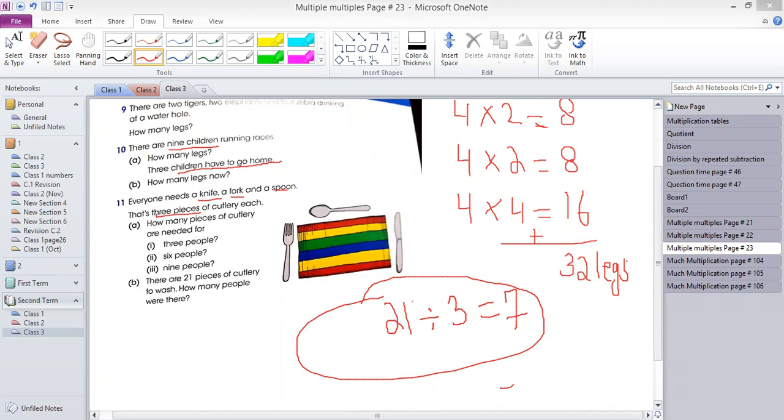You have to practice it, the topics which are included for your upcoming test. You have a test on Monday, after Sunday. On the Monday test, the syllabus, the portion will be long division, whatever we have studied from the beginning of the second term class, long division by repeated subtraction, multiples, this topic which we have finished now, and before that, question time. So these are included in your test.